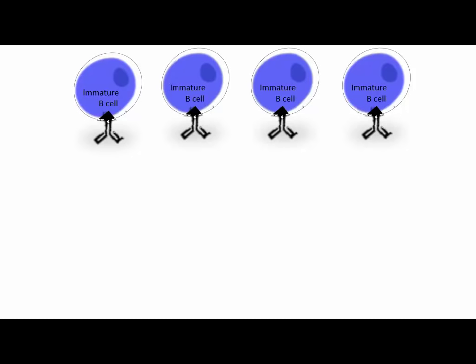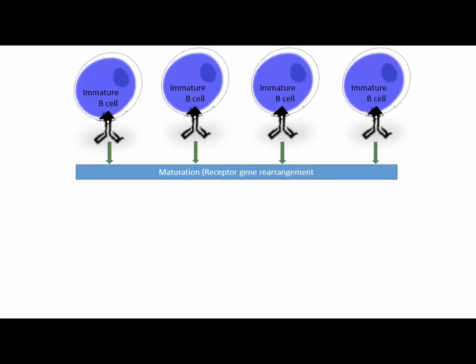And when they do that, what it ensures is that after maturation, they all have different versions of that B cell or T cell receptor gene. Okay? And that's how they have different B cell or T cell receptor genes. And in terms of visuals, here you can see that each immature B cell has the same B cell receptor. Okay? Versus when they undergo maturation and they do their gene rearrangement, each individual B cell develops a different version